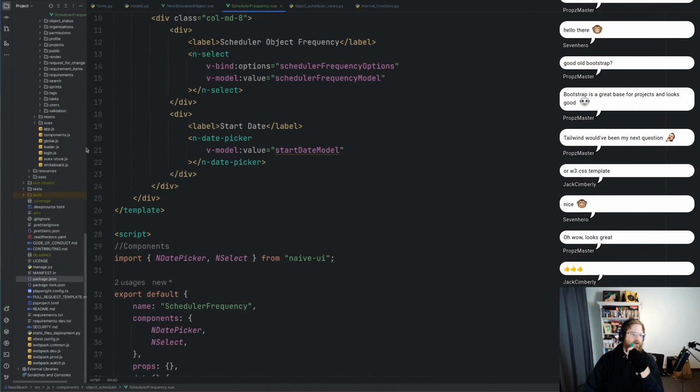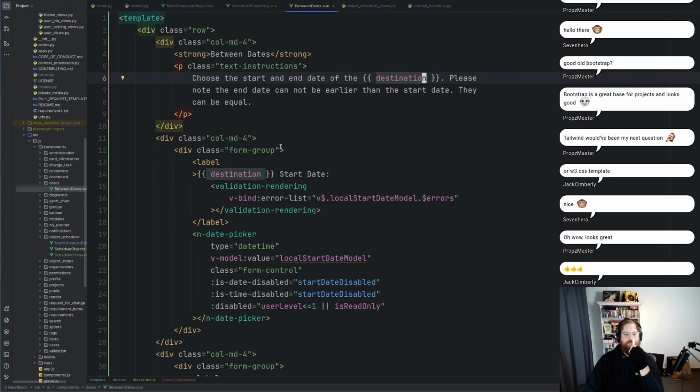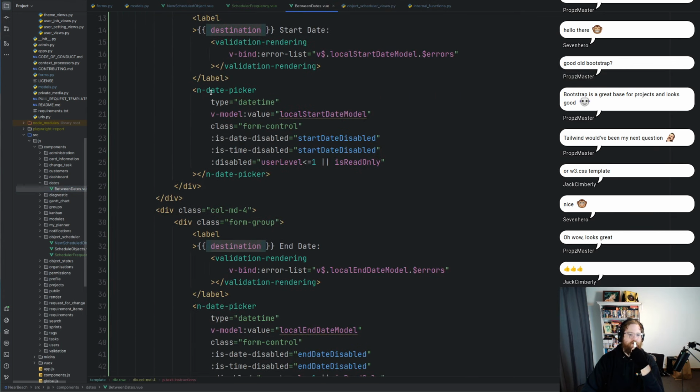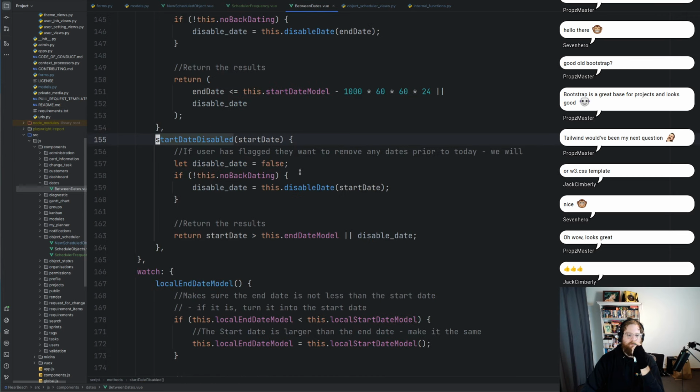All right, we're going to have to look at another thing which I've done. So we've got between dates. And in between dates, we have the date picker. So type date picker. We've got the model. We've got the class. Is date disabled? Start date disabled. Is time disabled? Time disabled. So if we go to that implementation,